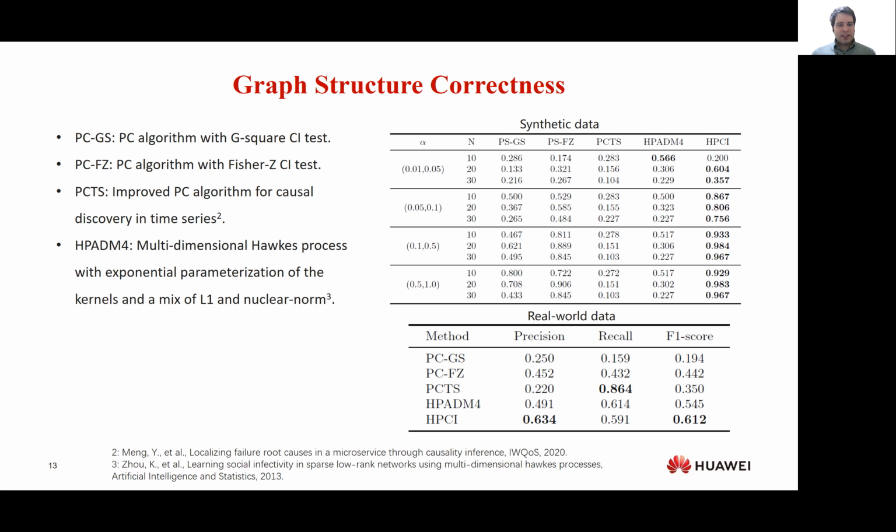And our HPCI method outperformed the baselines for nearly all settings of n and alpha. However, HPADM4 obtains the best results with very small n and small alpha. This could be due to the distribution of the event occurrence intervals being sparse, which makes the causal dependencies straightforward to capture using a Hawkes process. However, when n